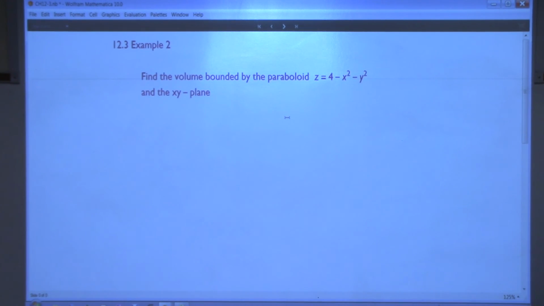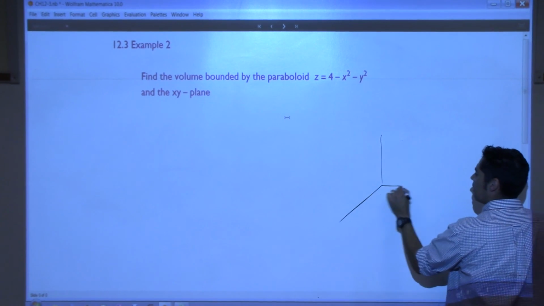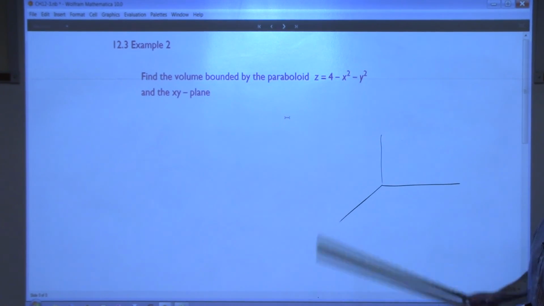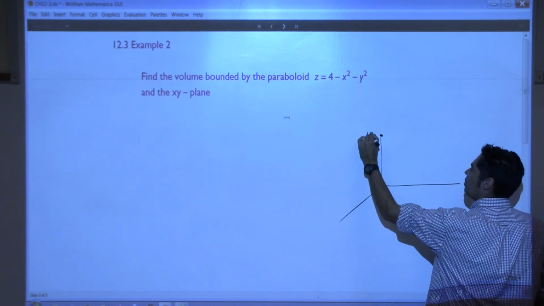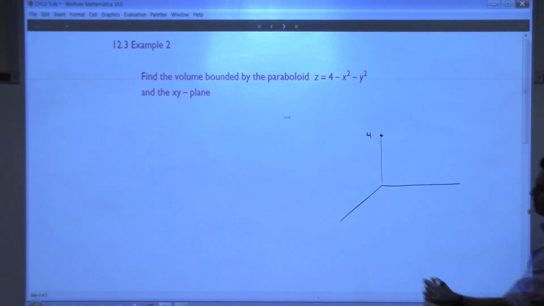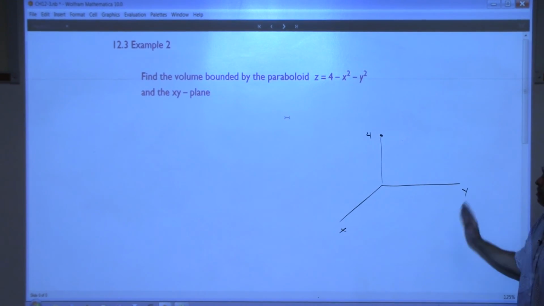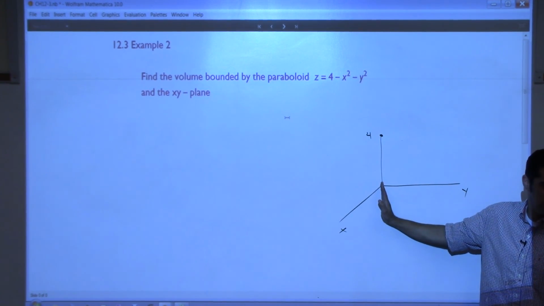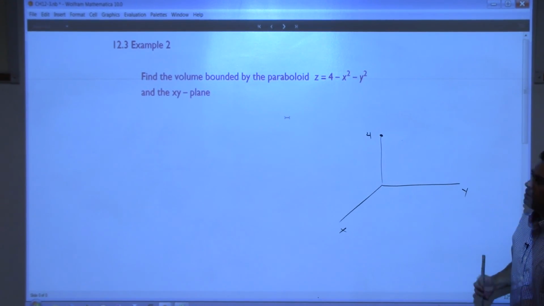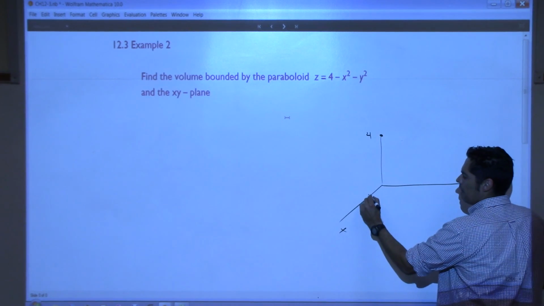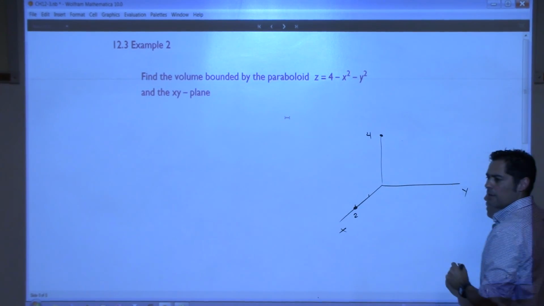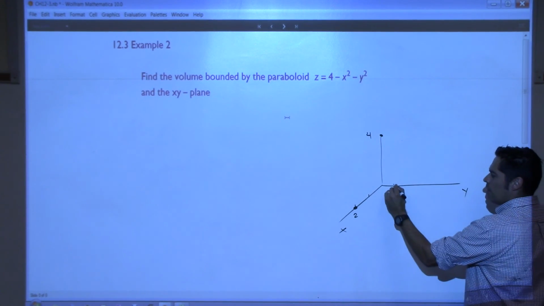So if I were trying to get an idea of what this looked like three-dimensionally, if I'm trying to graph that in 3D, if x and y were both 0, my z would be what? 4? And then what about if y was 0 and x was 2? If y was 0 and x was 2, wouldn't I be 0? So if x is 2, y is 0, I'm here. If x is 0 and y is 2,